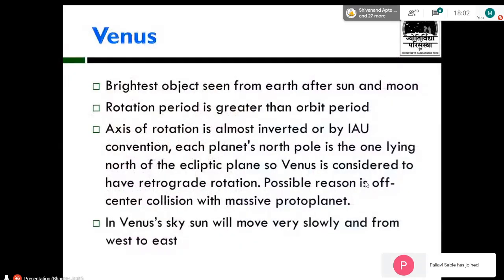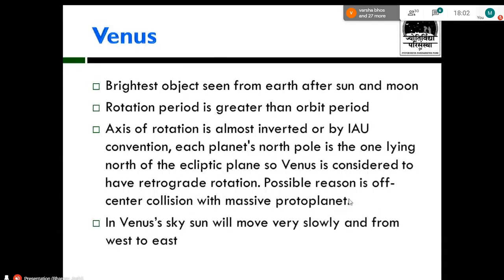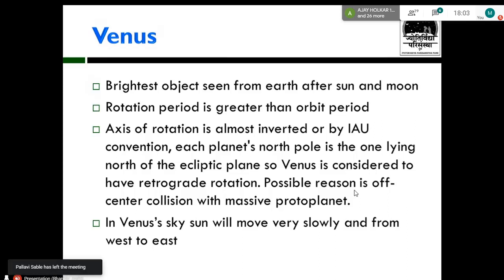Now the thing is, if you have seen Venus in the night sky with the naked eye, it appears as a very bright star, which is why the ancient people called it the morning star and the evening star. The reason for that is the surface of Venus reflects 70% of the light incident on it. That is the reason why Venus appears so bright, and that is why it is called the brightest object in the night sky after the moon and Sirius. So Venus is actually the brightest planet that you can see, and nothing shines more beautiful than Venus. That is why it was also named after the goddess of beauty.